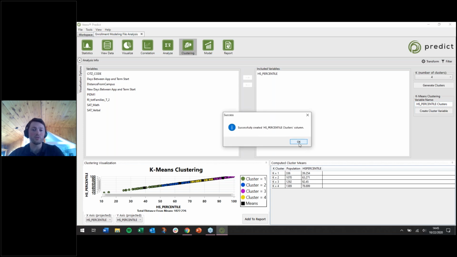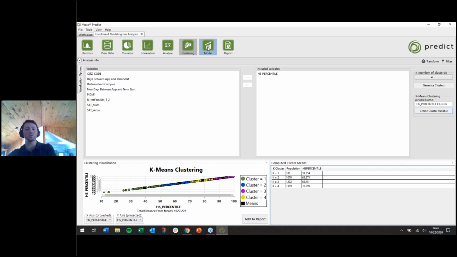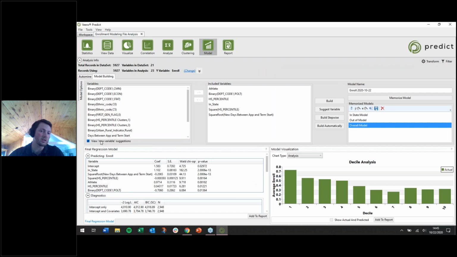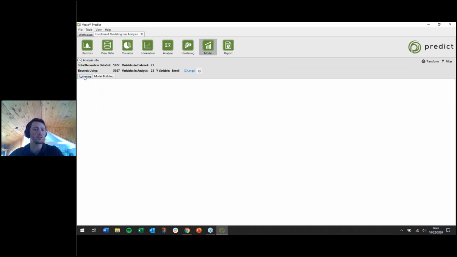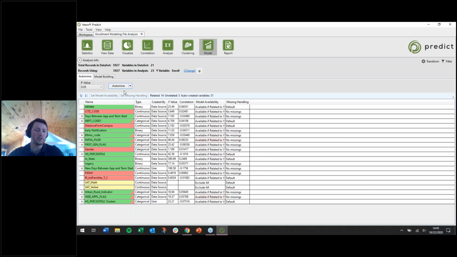So if I create that field, and I can create as many as I want, now I'll take a brief detour over to the model tab, and I will look at the auto mine feature. Sorry, lost my place for a moment. And just take a quick peek at the newly added high school percentile clusters. It's exciting. It is related. And if I'm taking a peek here, I don't know exactly how impressive a 23 test score is, but